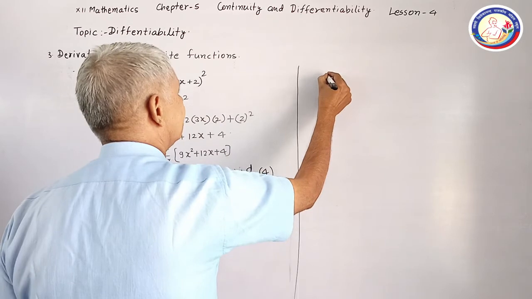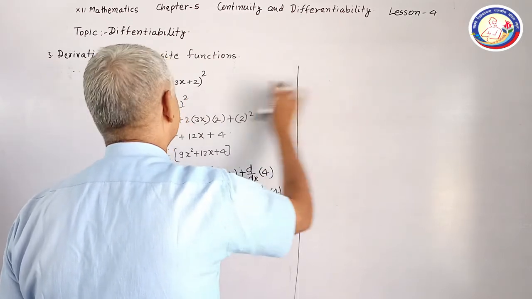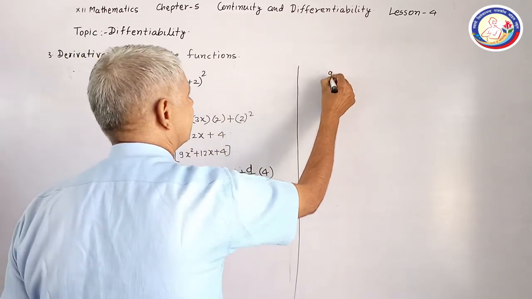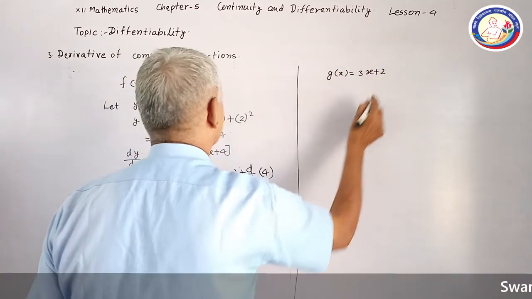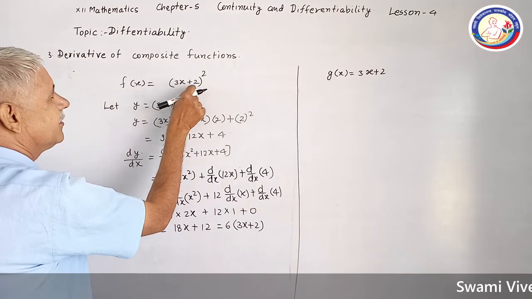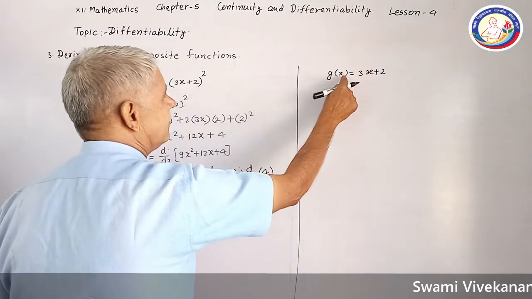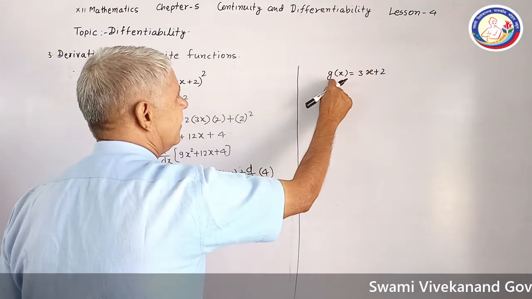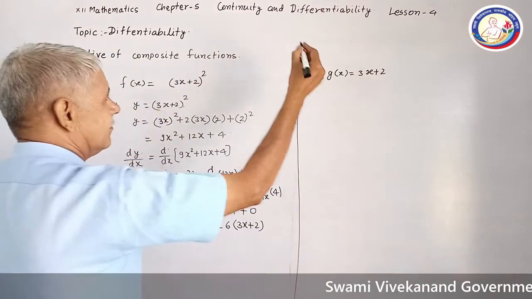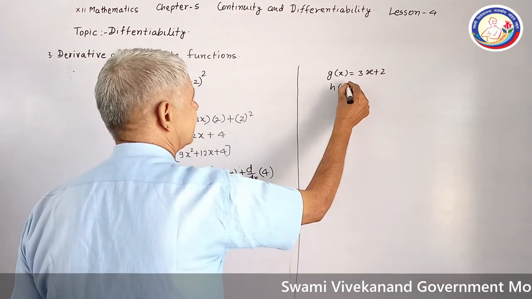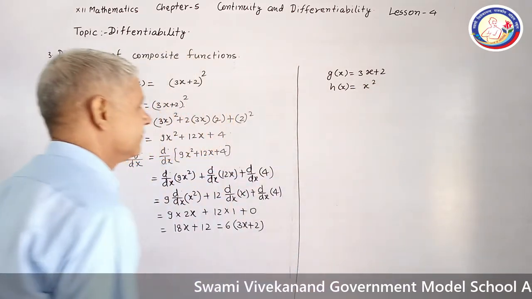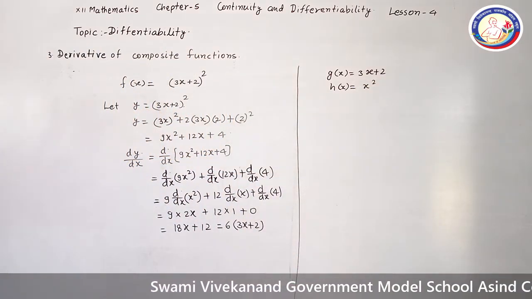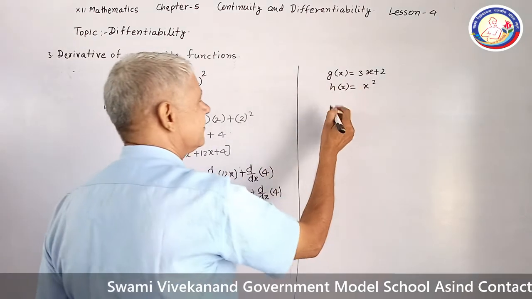Say if g(x) is this function 3x plus 2, we have taken 3x plus 2 as the function of x and denoted it by g. Now again take another function h(x), which is x square. The composite of these two functions, this and this,